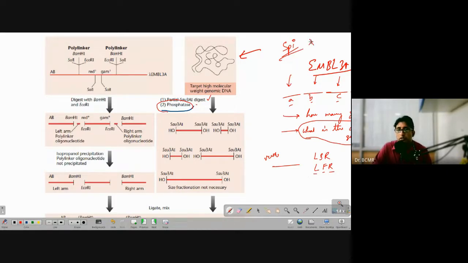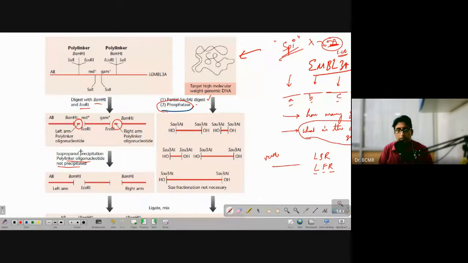lambda phage cannot infect a lysogen that is already having a P2 prophage. That is, P2 somehow inhibits lambda phage infection on a P2 lysogen. Okay, that is the Spi phenotype. You can go back and look at the older videos, or you can always ask specific questions if you have any. And then we are treating with BamHI and EcoRI because we want to get rid of these polylinkers, and that is done by